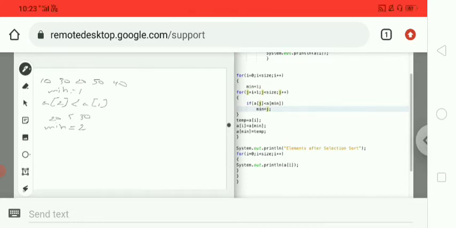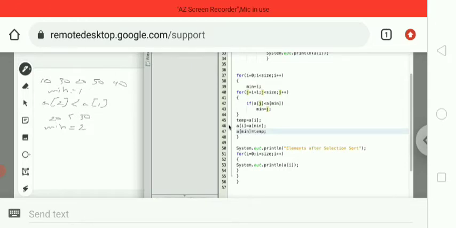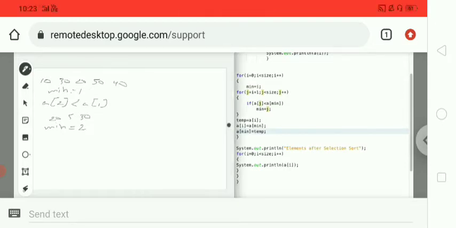So after that, it jumps to the swapping logic. So temp equal to a of I. So here I value is 1, that means in a of 1 we have 30 value. After that, in a of 1, a of min will come, that means in min we have 2. So here we can see the indexes.